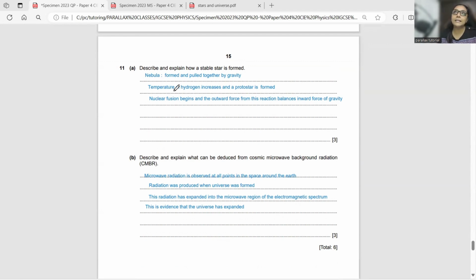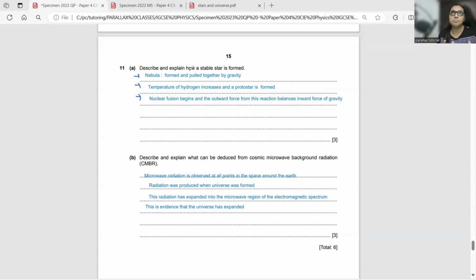So this basically starts from, let's begin from the beginning, right? Now, these are the 3 points which will give you the 3 marks. But I will be explaining a bit of this so that you understand the concept as well. Starting with nebula. So how does a stable star form? It's basically there's a supernova explosion, okay? And all the dust and gases start coming together. So hydrogen and dust, when they start coming together under the force of gravity,